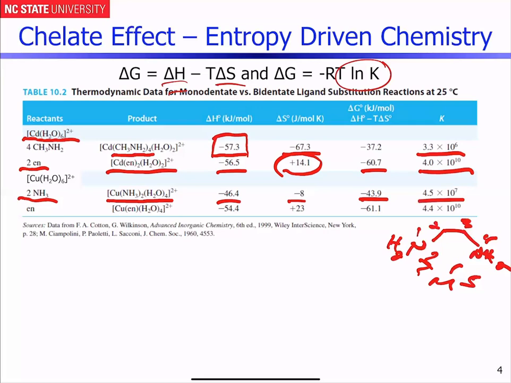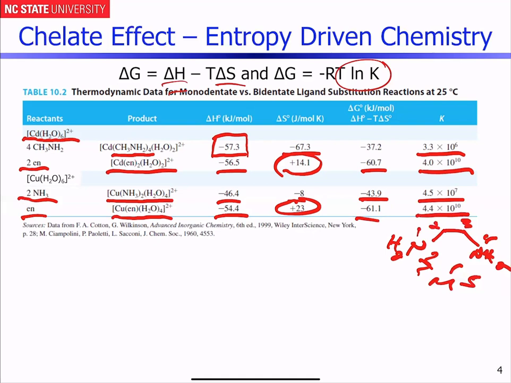Now, instead of using 2 amine ligands, just use 1 ethylene diamine to make the mono ethylene diamine compound, and you'll see that the thermodynamics in terms of enthalpy is about the same. But the big difference is that the entropy term is now plus 23, and that drives the delta G value to more negative values, and that increases the equilibrium constant, again, by about 3 orders of magnitude with respect to using 2